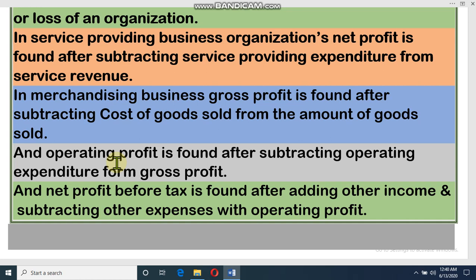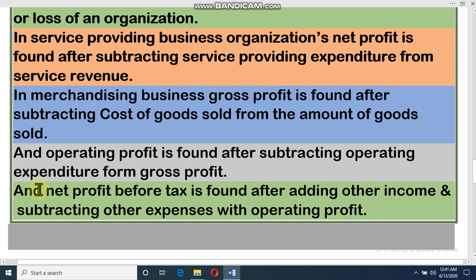So, dear student, how will we get the operating profit? We have to write the gross profit, and from that gross profit we will subtract the operating expenditure. Then you will get the operating profit. Dear student, now the last step of income statement in merchandising business. In this step we will write at first the operating profit,